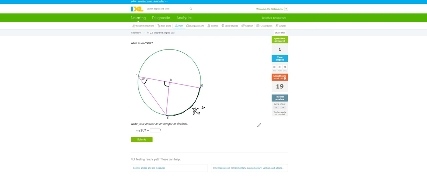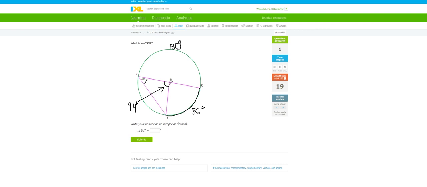Okay. All right. So let's see. How can we do this? Well, we have that this is a diameter. A diameter goes through the middle. What does that mean? Well, that means that this arc right here has to be 180 degrees because it's half of a circle. So now if you add 180 plus 86, that's 266, minus 360, you get that the arc from T to S is 94. Since this arc is 94, now I can find the angle that I'm looking for,